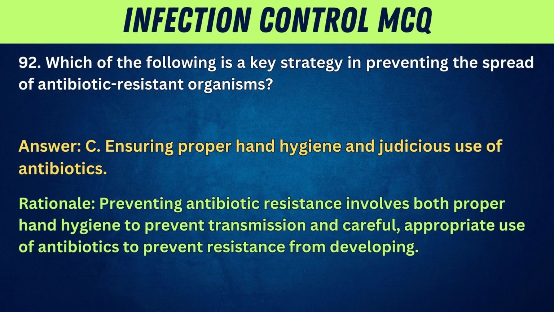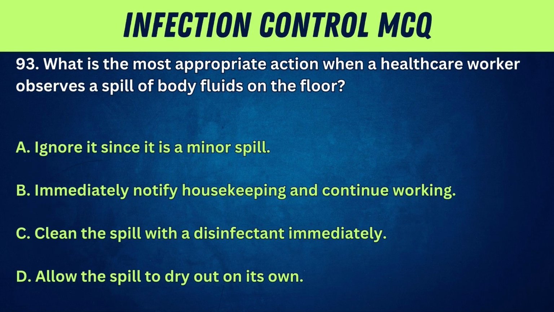Preventing antibiotic resistance involves both proper hand hygiene to prevent transmission and careful, appropriate use of antibiotics to prevent resistance from developing. 93. What is the most appropriate action when a healthcare worker observes a spill of body fluids on